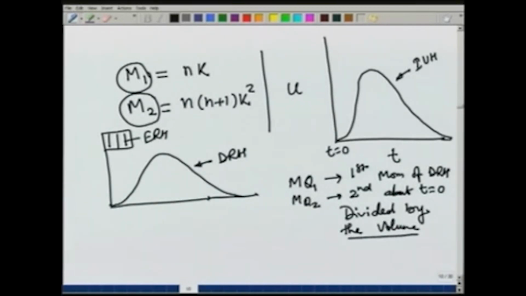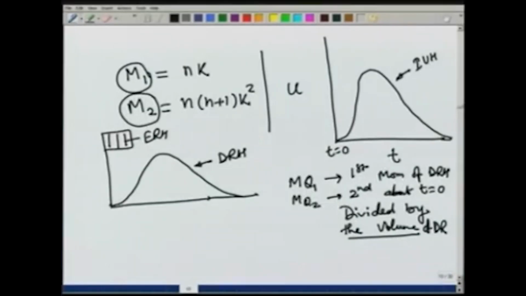Which would be the volume of DRH. So, we say it should be divided by the total direct runoff. So, we normalize the DRH and take the first and the second moments, we will call them mq1, mq2. Similarly, for the ERH, we define two moments mi1 and mi2. These are the first and the second moments of ERH